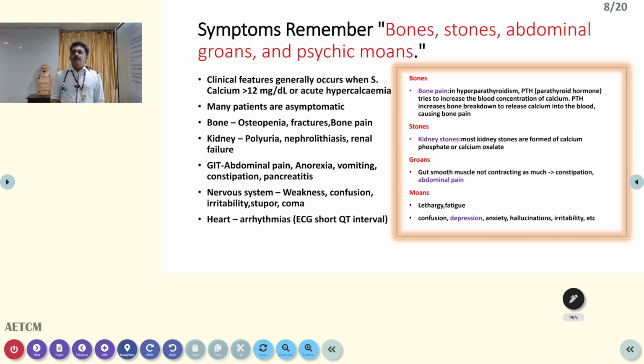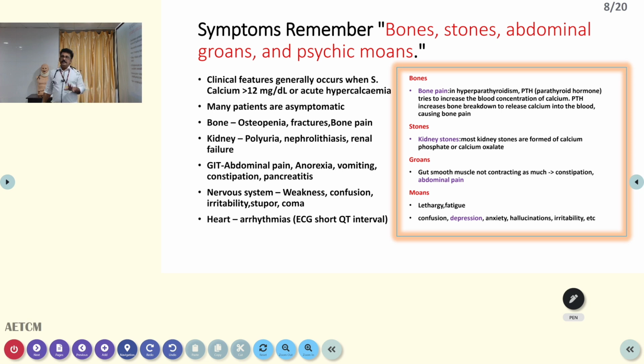Groans: abdominal smooth muscles are not contracting as much. The patient can develop constipation, abdominal pain. Moans: lethargy, fatigue, confusion, depression, anxiety, hallucination, irritability, etc. So if you remember this mnemonic, bones, stones, abdominal groans, and psychic moans, you can remember most of the clinical